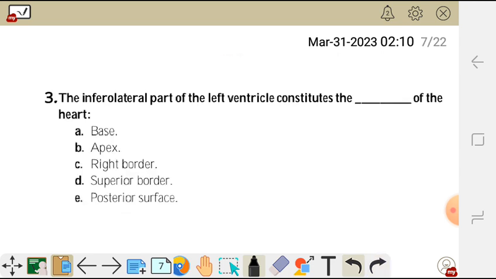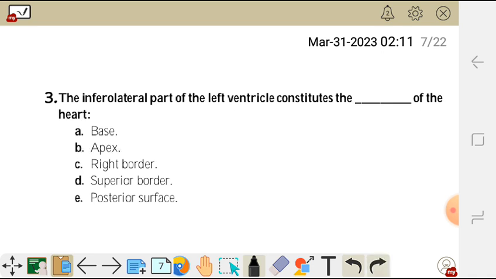Question 3. The inferolateral part of the left ventricle constitutes the dash of the heart. A. Base, B. Apex, C. Right border, D. Superior border, and E. Inferior surface, posterior surface. So the inferolateral part of the left ventricle constitutes the